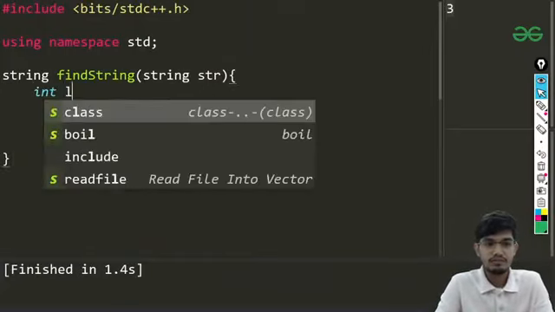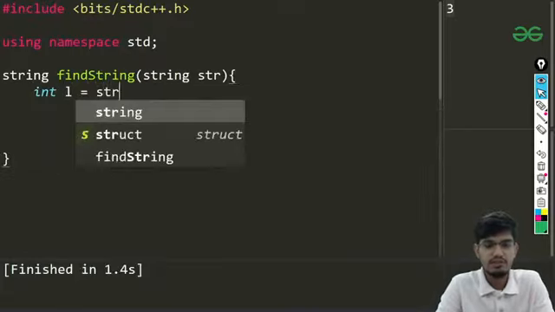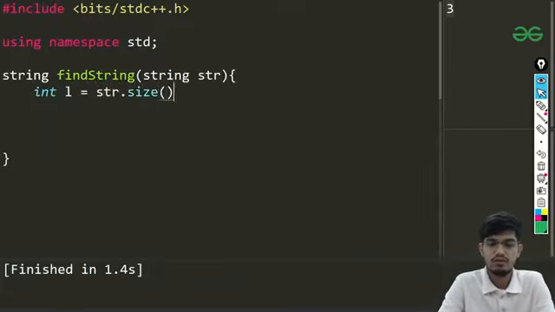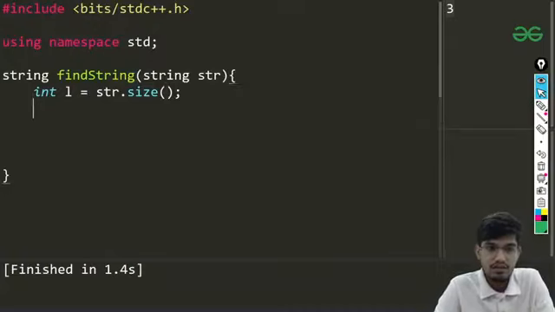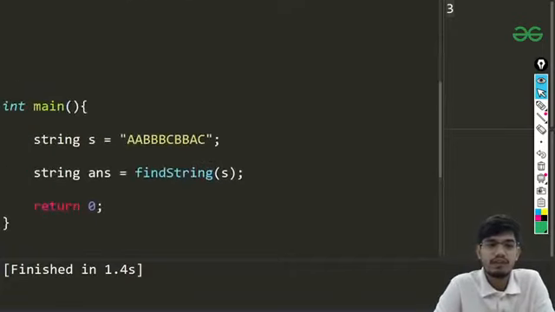So first thing is find the length, so that we can use this in the whole program for the loops. So length is found using int l equals str.size. And the second thing is that you need to find the distinct characters in this.